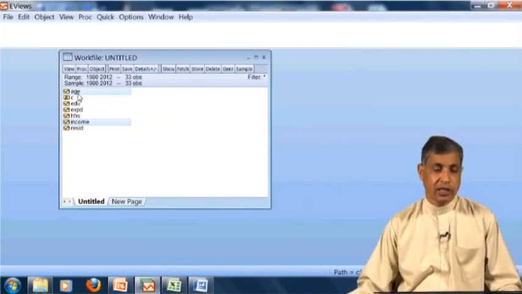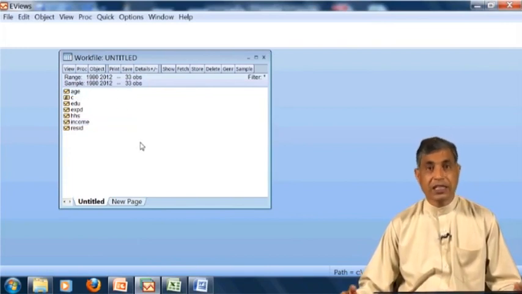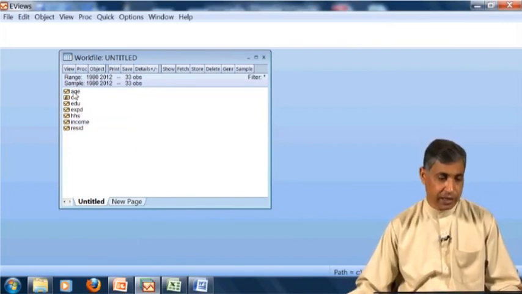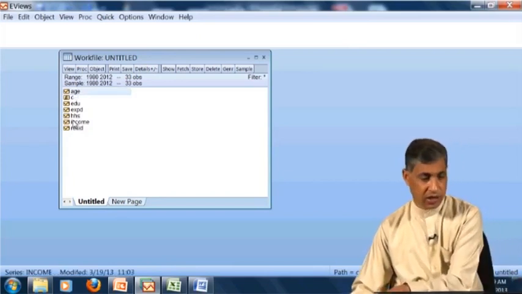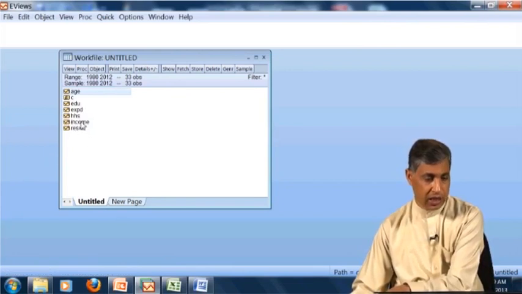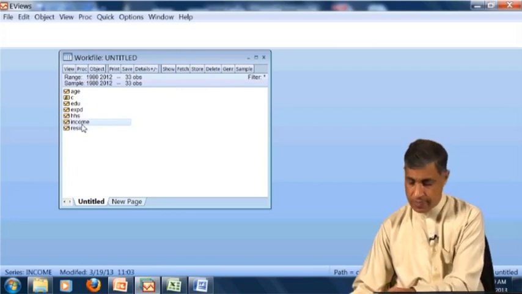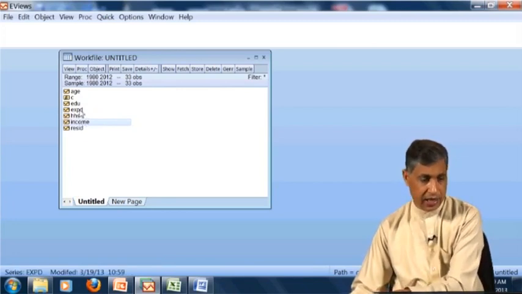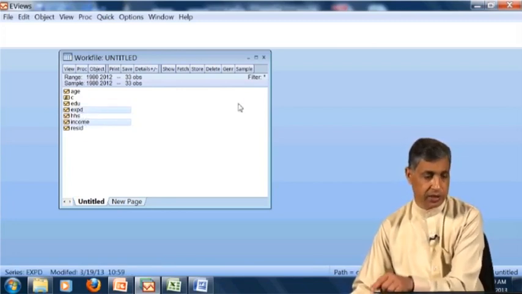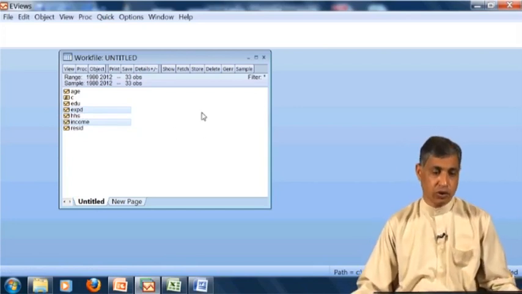Now we are interested in making a clearer graph of this. For example, I will press control and select income and this one, the expenditure. Now it has selected only two.